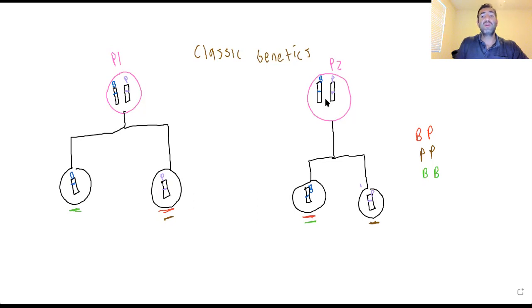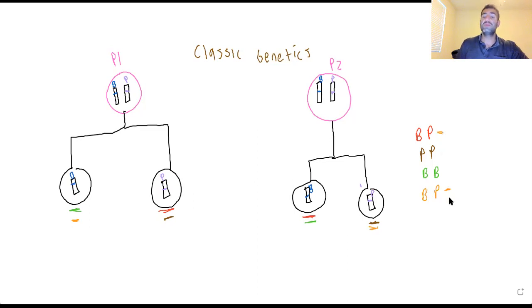Now you also can have this combination here, which is this B allele and this P allele. And you're probably saying, okay, well, why are you doing this? We already have all the combinations. Well, that's because there's 4 possible ways that these alleles can be combined in the new offspring. But if we look here, out of these 4,